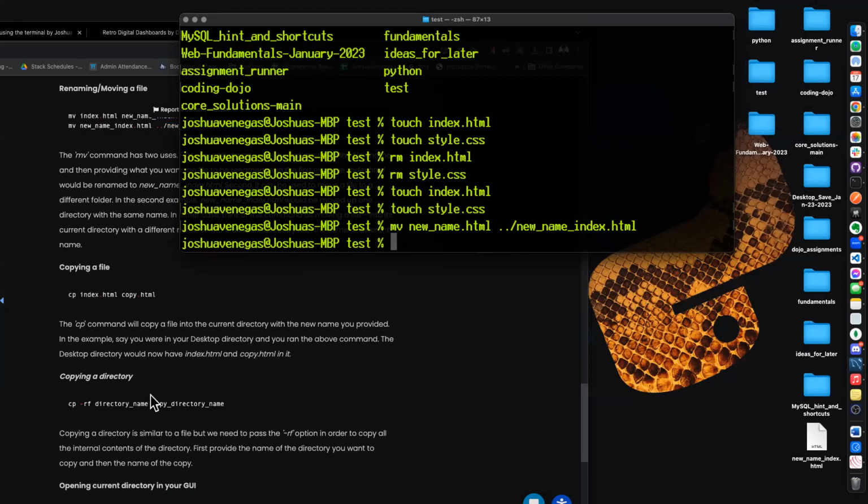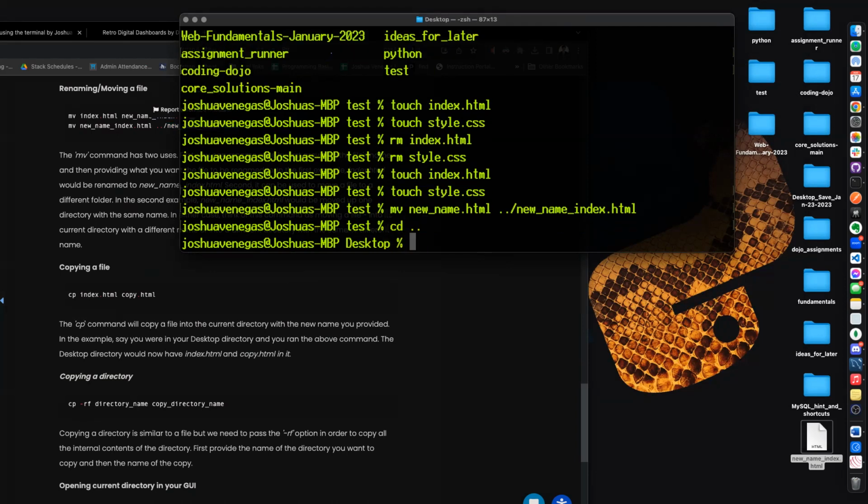All right, so where were we? Okay, copying a directory. We're going to copy one now. Instead of taking it and renaming it, we're going to just copy it. Okay, so let's take this file name here, new name index.html. Let's go to my desktop here, cd .. I'm in my desktop now. I'm going to say cp,